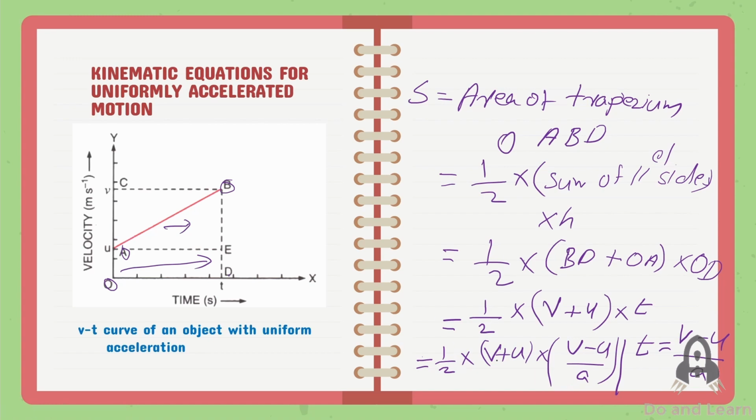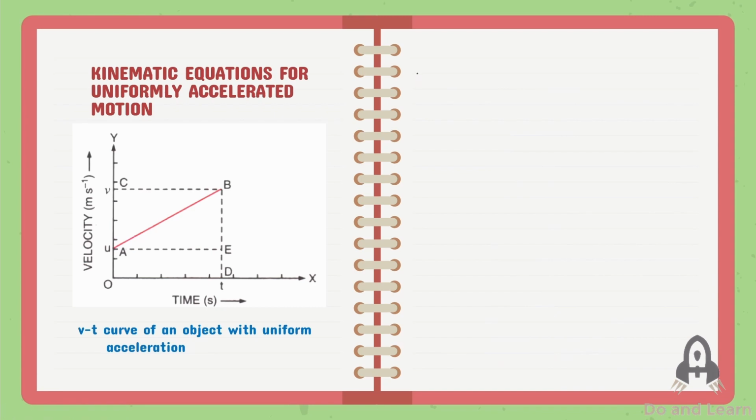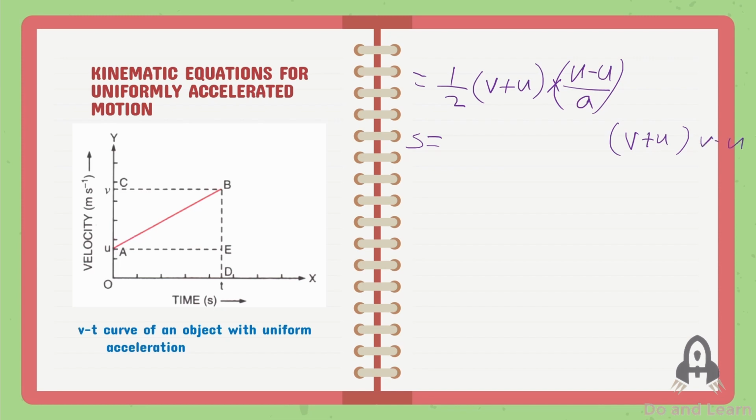So now we have half V plus U multiply V minus U divided by A. I will write this equation again here, half multiply V plus U multiply V minus U divided by A. This is the displacement. S is equal to half V plus U multiply V minus U divided by A. V plus U into V minus U is the same as a plus b into a minus b. We will get V square minus U square,